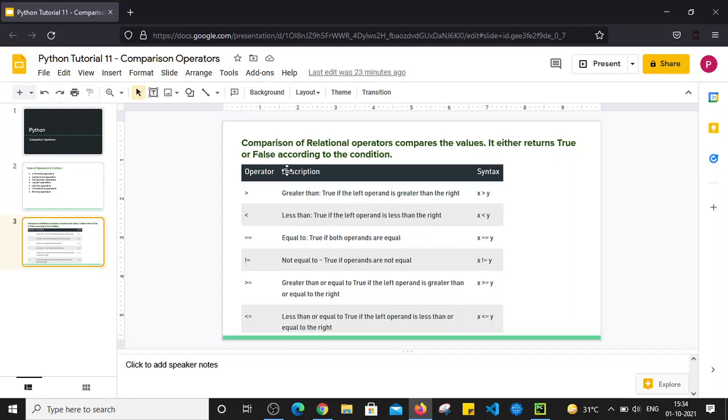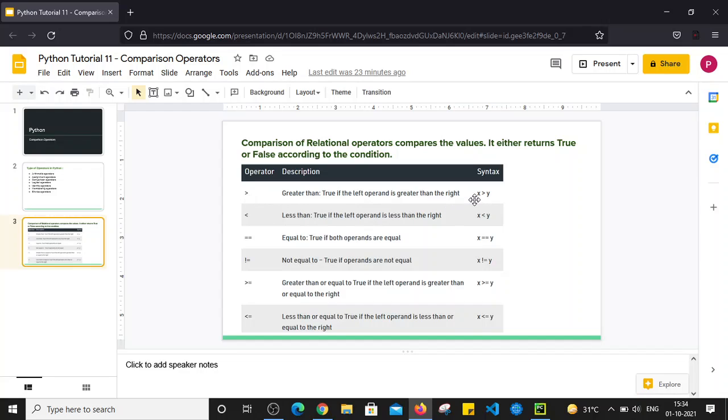Comparison operators are also known as relational operators, and they are used to compare the values and return either true or false according to the condition. For example, in x greater than y, greater than is the comparison operator.